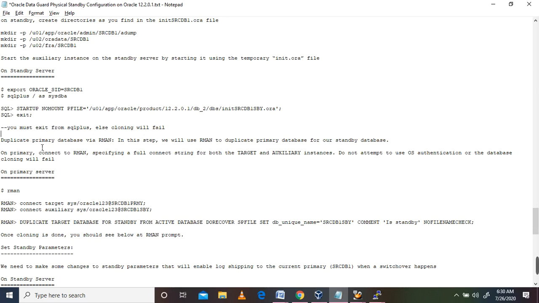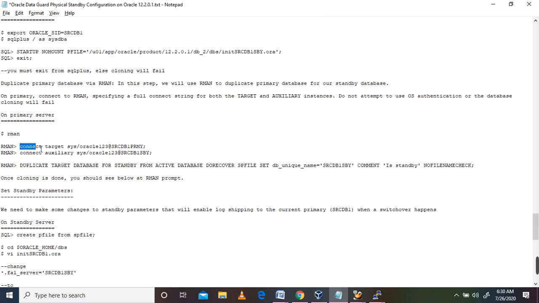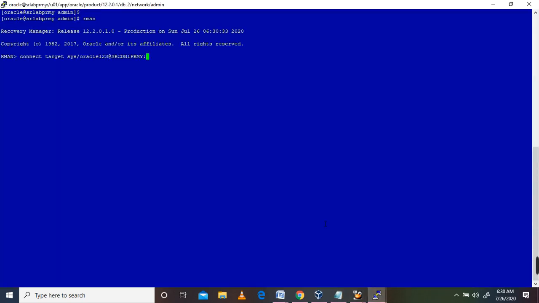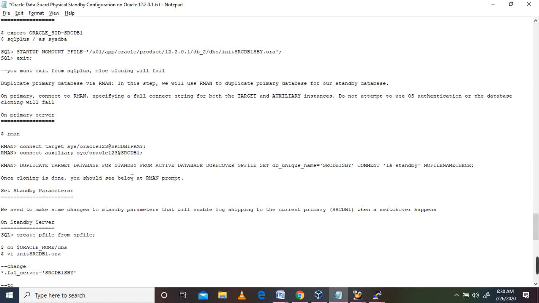So I'm going to connect RMAN on the primary side. RMAN, connect target. Okay, I have changed the password.